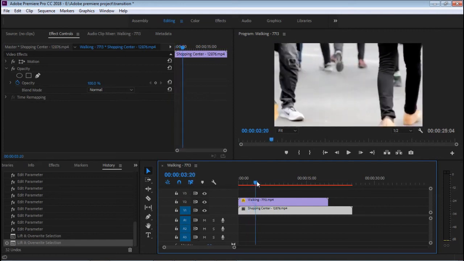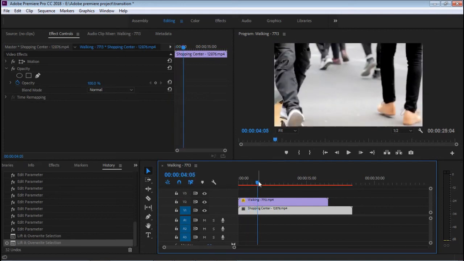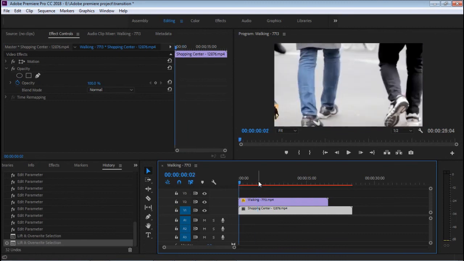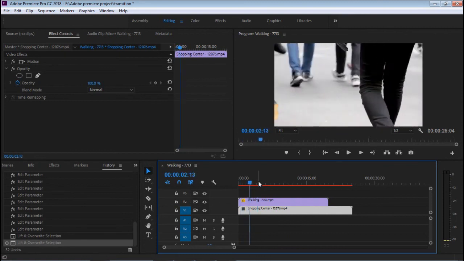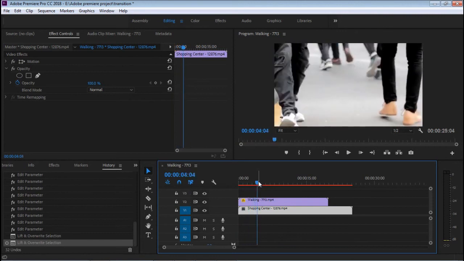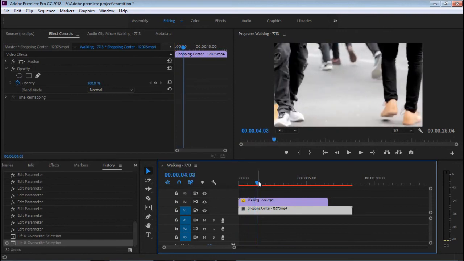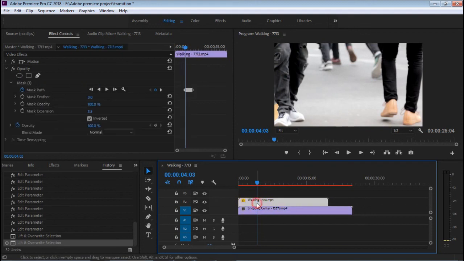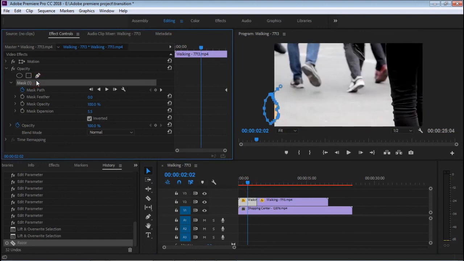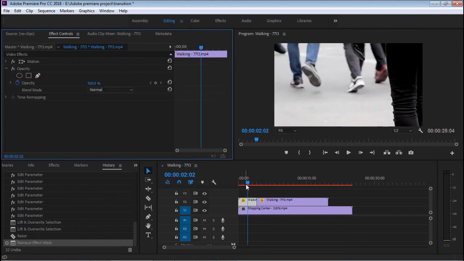Just one thing, when it starts here at the frame, you see here the mask at the beginning, so we will cut this here, click here and go to the first video here, not delete the mask here, and you see,